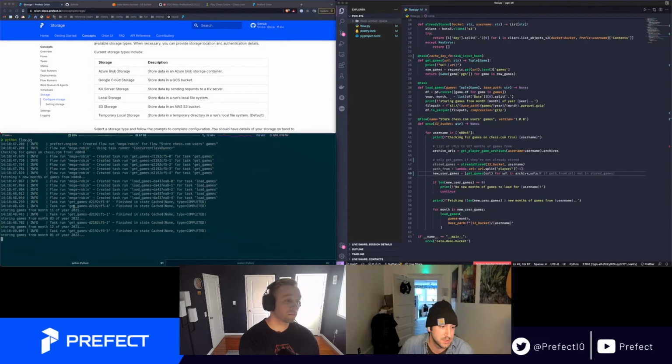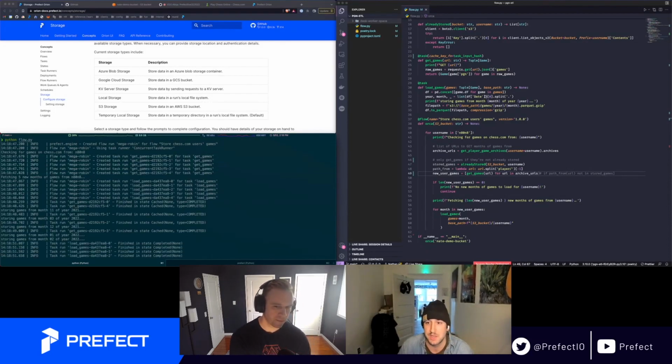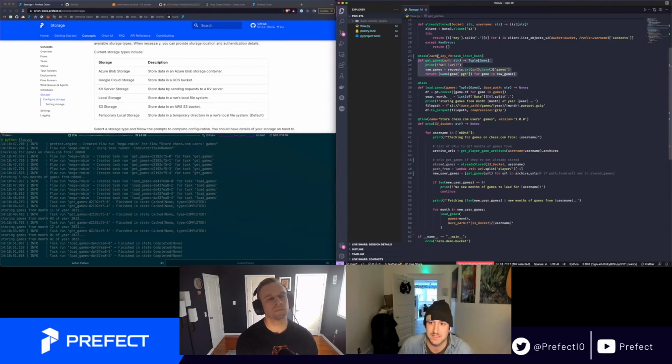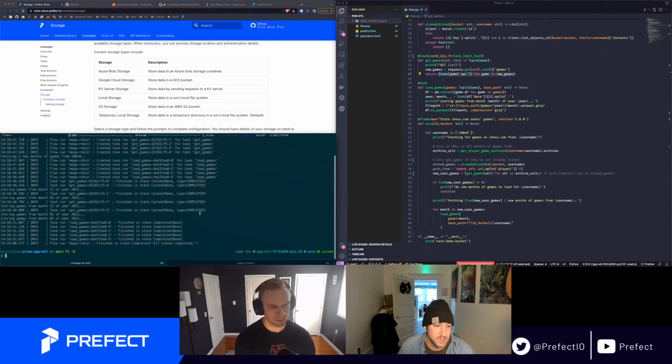There we go. So there's no print, which is my way of telling you that this code wasn't executed this time around because it saw that it got this URL before and it already has this task result persisted in that bucket. So it said, I don't need to do this work. I don't want to do extra work. Here's the result. So now everything downstream of that still happened because everything the downstream tasks needed, they were given by the results